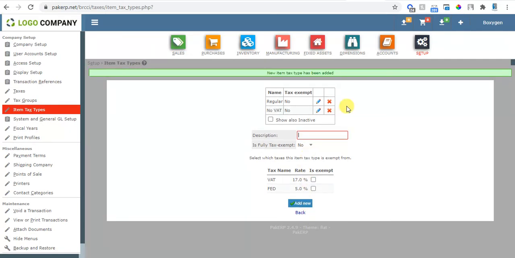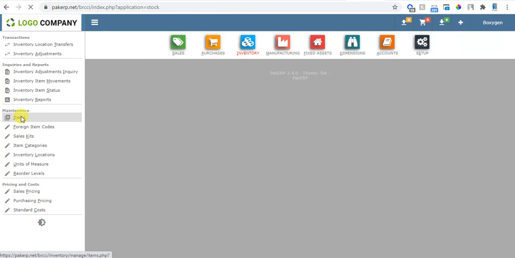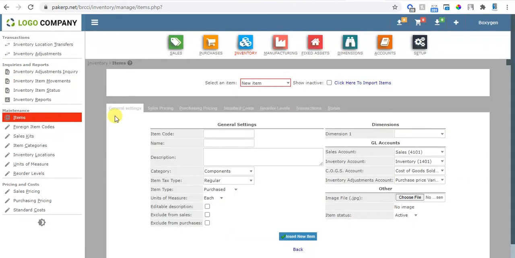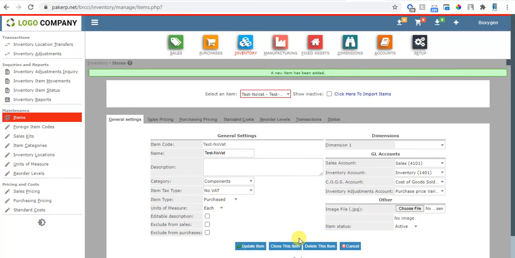Once I have done this, now I will go to the inventory, and I will select items. I create a new item, test no VAT, and I select the item tax type no VAT. I have inserted it.